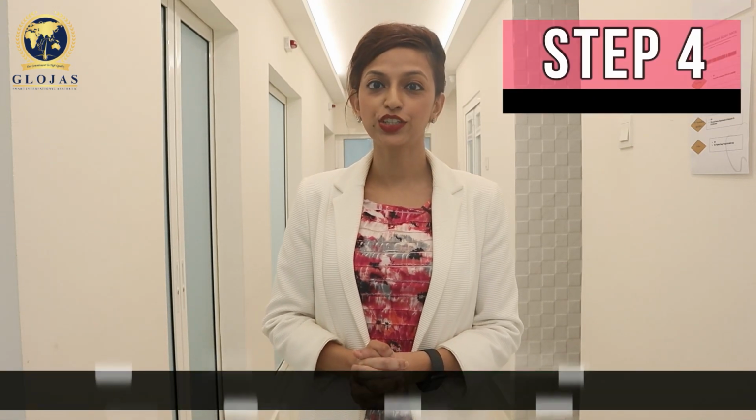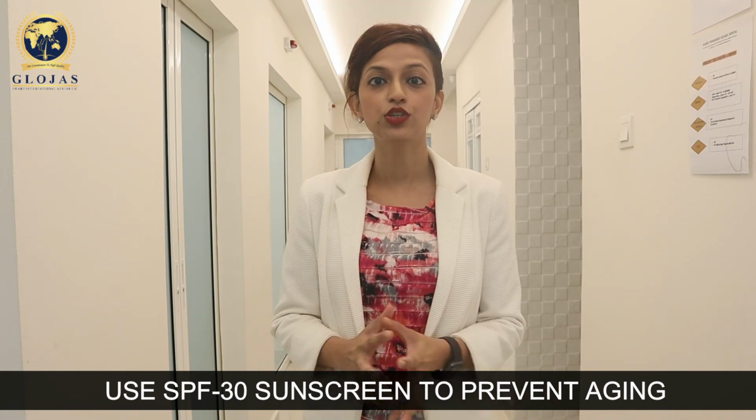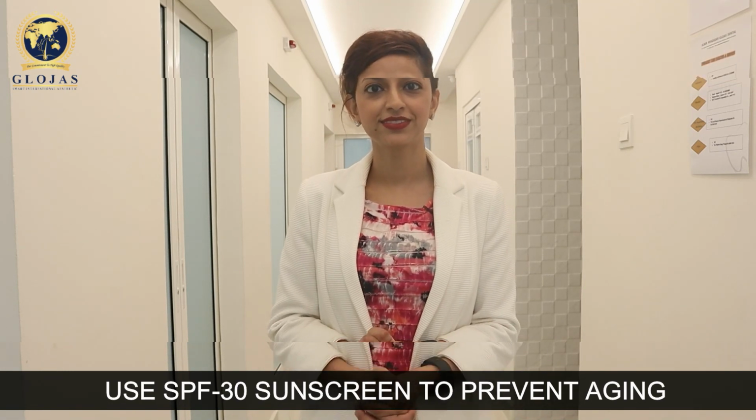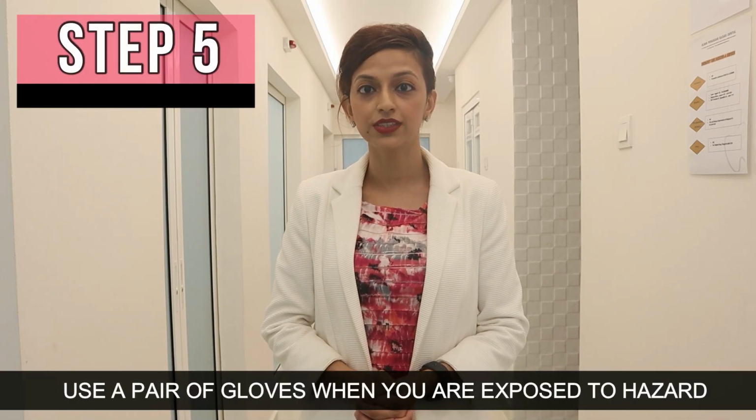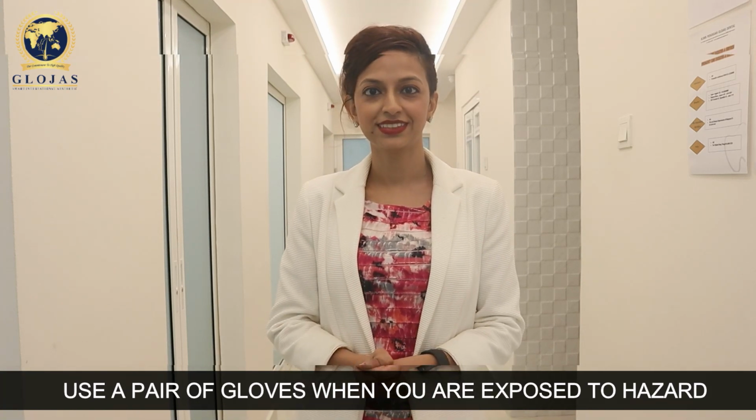Step 4. It is essential to use the SPF 30 sunscreen for your hands. This is important to prevent further aging. Lastly, it's important to protect your hands by using a pair of gloves when you are exposed to hazards such as harsh detergents. So I hope these tips would help you restore the soft and supple skin throughout this